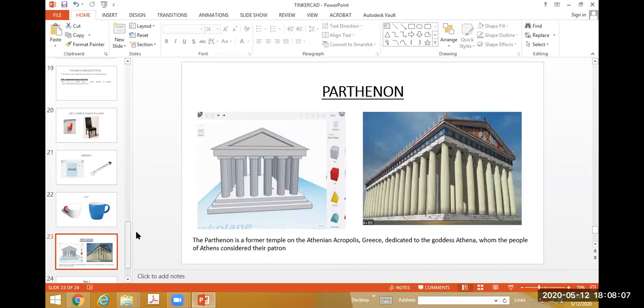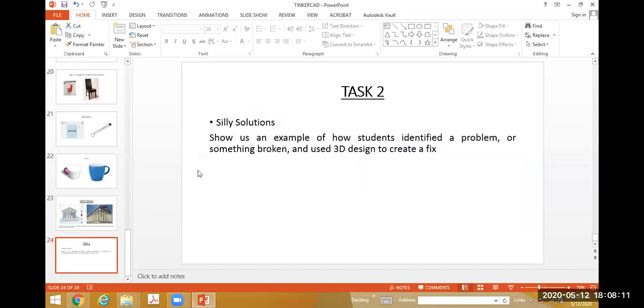One important thing is this is today's task. Everybody, can you see the task? Can you please reply in the Google Classroom? Task, is it clear? Understand?